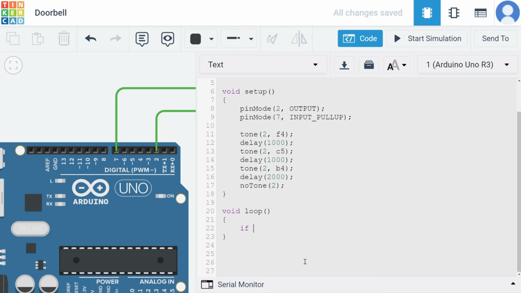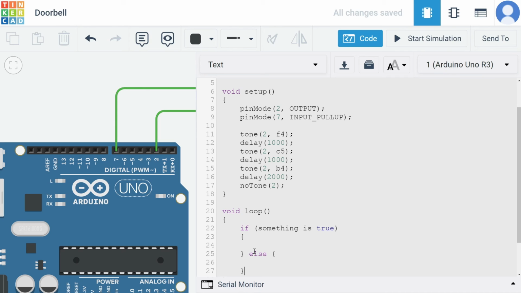So an if statement always has these open and closed brackets. So if something happens, don't type this, I'm just doing an example, and then underneath we have brackets like this. So if something is true, then do the code inside here, and then you can say else,